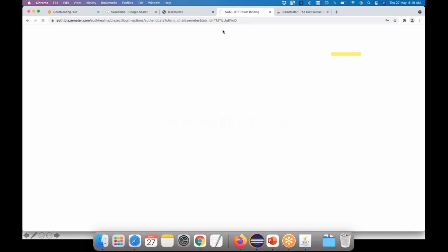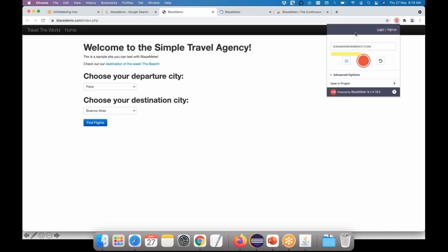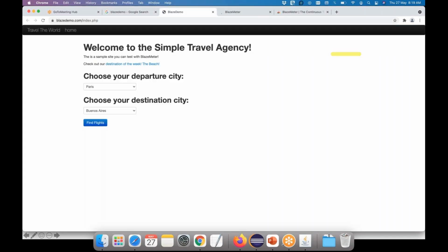Yeah, now it logged in. Okay, now if I try to click on this plugin again, Blazemeter plugin, see now it won't show me to log in again, right? Oh, it should. 1 second. So still it is logging in here. Yeah, now it is completely logged in.